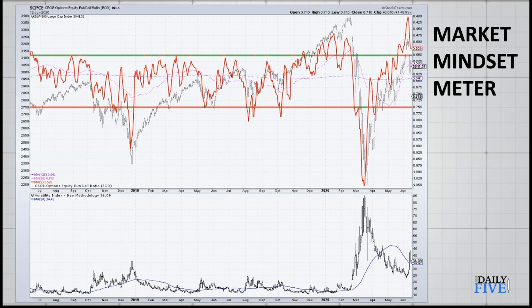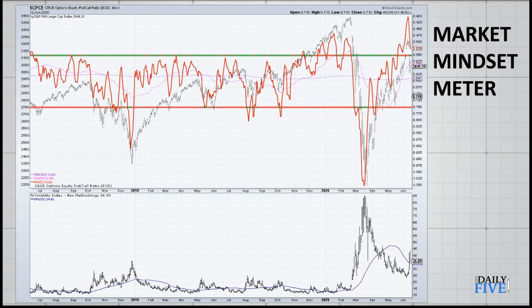But we're still kind of elevated there in the 20s. And now what we're starting to see as this island reversal takes hold is the VIX beginning to spike. So I'm watching volatility quite closely. Now on the put call ratio, this is an interesting one because on its own, generally, what the put call